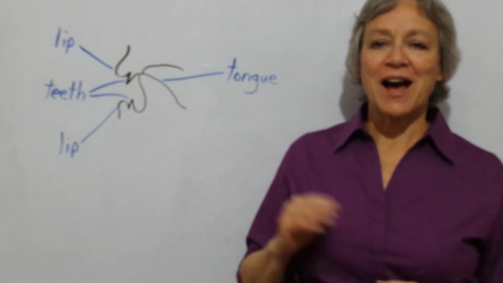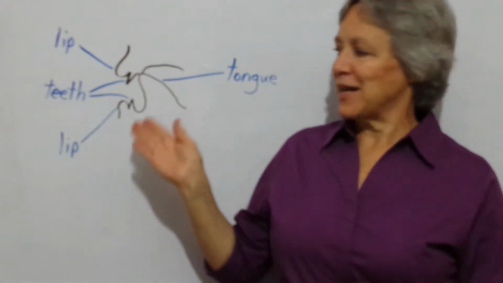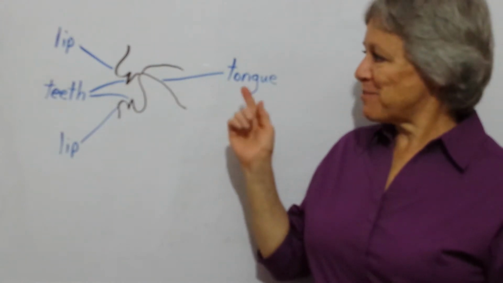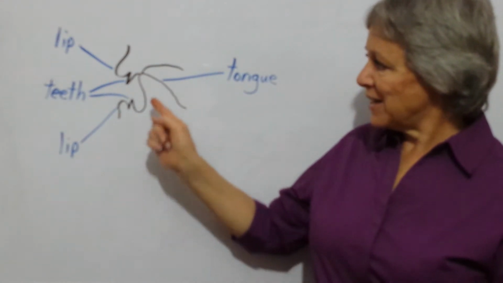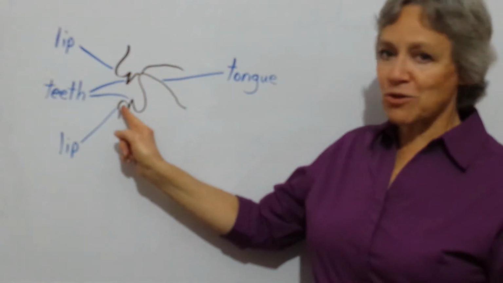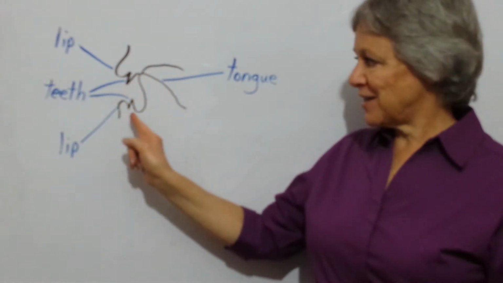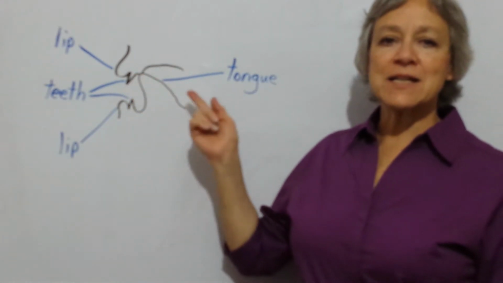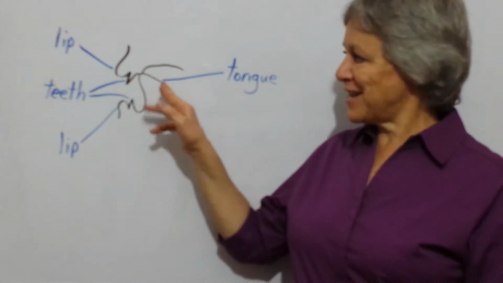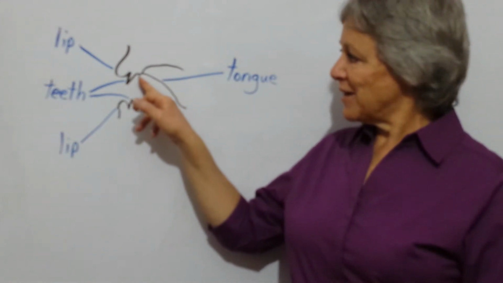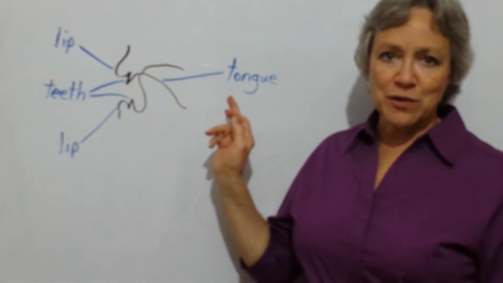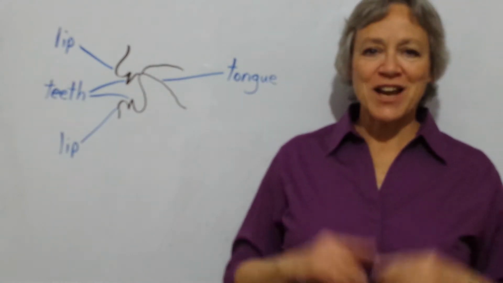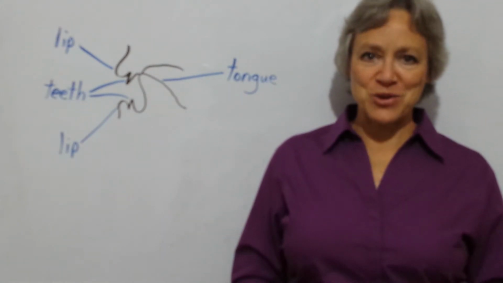So we just press the tip and the very front up against that ridge when we make the sound. I have drawn a picture here to try to show you what I mean, where the position of the tongue is. I'm sorry the picture is not very good, but I hope that you'll be able to understand it. This is the upper lip, this is the lower lip. These are the upper teeth, the lower teeth, and this is the tongue. Right behind the upper teeth here is that little ridge that I said you need to put your tongue against, okay? That ridge is there just before the roof of your mouth curves up a lot. So the tongue is just pressing against that ridge, and as I said, we're releasing the air through our nose.